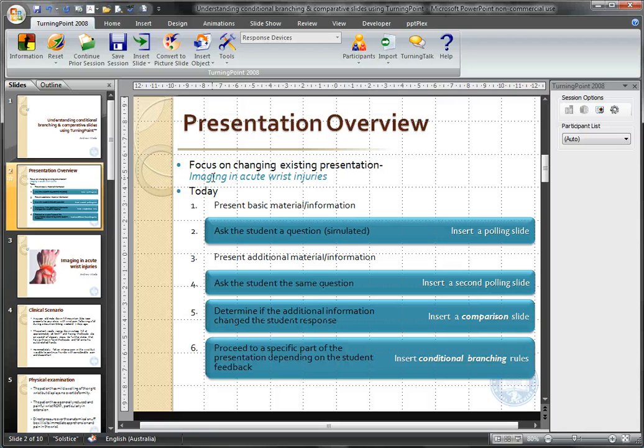What we'll do today is present some basic material in the form of a clinical scenario. We'll then ask the student what they believe the differential diagnosis may be, then present some additional material in the form of some physical examination findings, and then ask them again what the diagnosis is most likely to be. Now we'd like to see whether this extra bit of information has changed the student's way in what they believe to be the correct diagnosis, and so we'll add a comparison slide to make